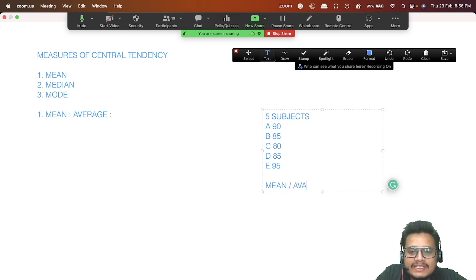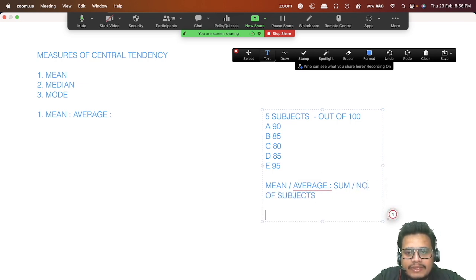Mean, or you can say average as well. Mean and average are same. So what I'll do, assuming all the marks are out of 100, I'll add up all the observations, sum of all marks A plus B plus C plus D plus E, divided by number of subjects, means 90 plus 85 plus 80 plus 85 plus 95, इसका टोटल का सम डिवाइडेड